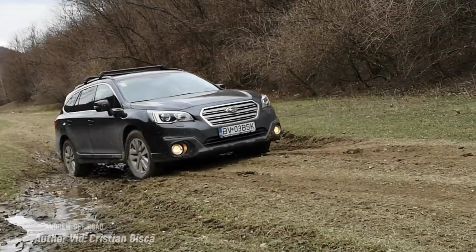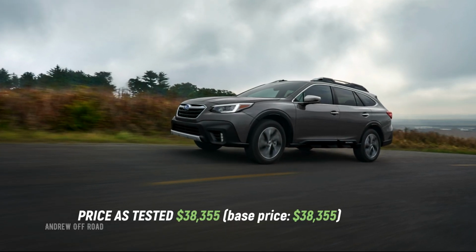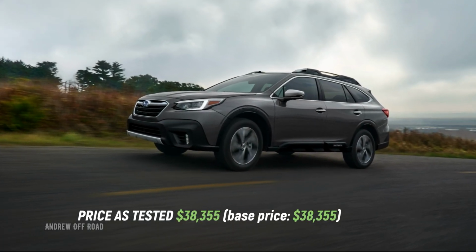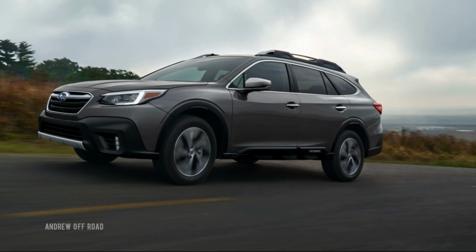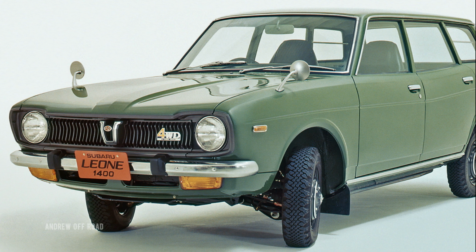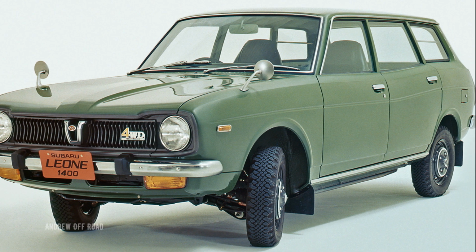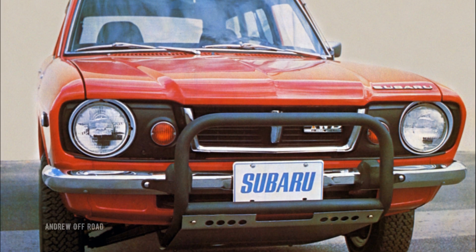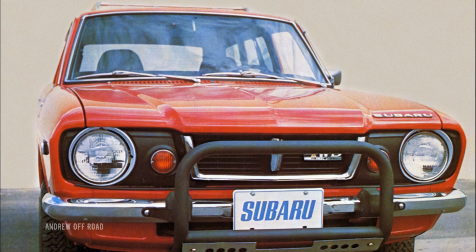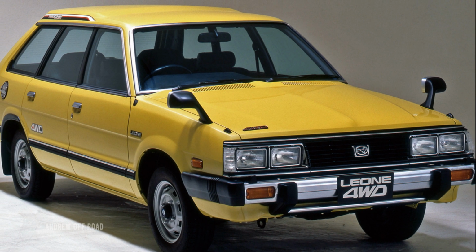For the rest of the planet, Subaru is synonymous with the Outback. That wagon is to Subaru what the Wrangler is to Jeep. Subaru doesn't make a big deal about it, but it has been nearly 50 years since the company introduced its predecessor to the Outback, the 1972 Leone four-wheel-drive wagon. That car established the formula that's been in place ever since: flat-4 engine, all-wheel drive, and a wagon body